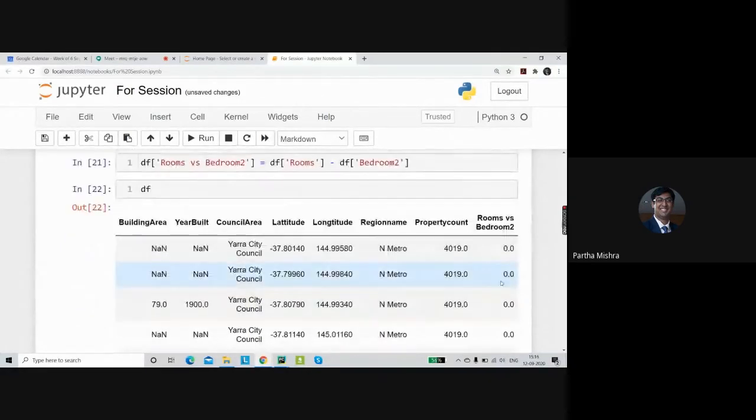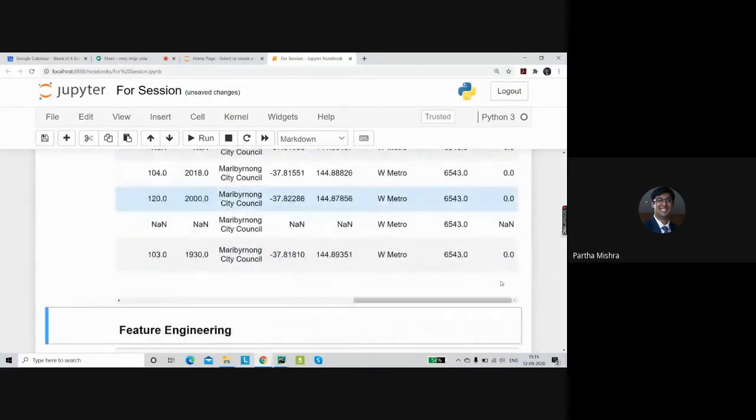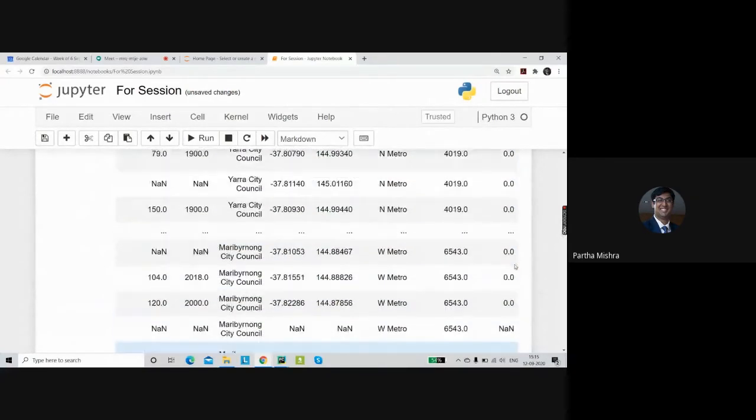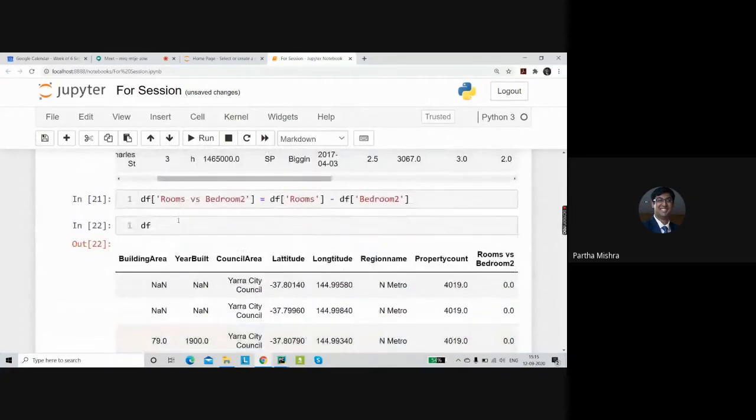We can see almost all of the entries are 0. That means there is no new information if we keep rooms and bedrooms together. So we can drop one of these columns. Let's drop the bedroom column.